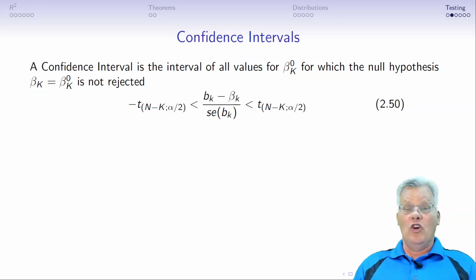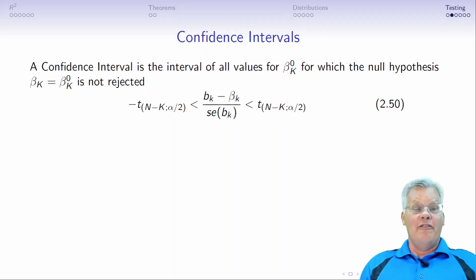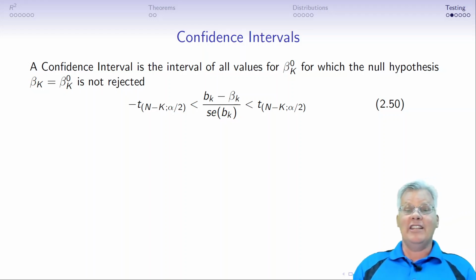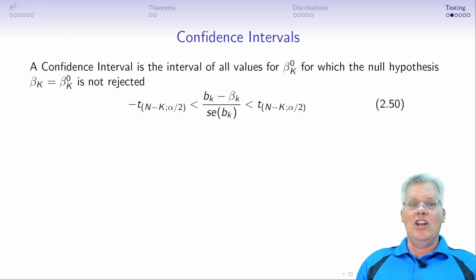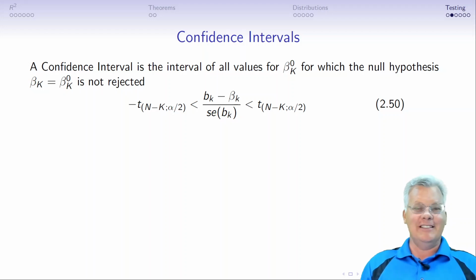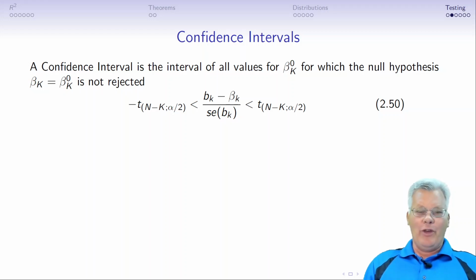A confidence interval is the interval of all values of beta sub 0 k for which the null hypothesis that beta sub k is equal to this hypothesized value is not rejected. Okay? So, let me state that again. A confidence interval is the interval of all values of the null hypothesis for which the null hypothesis is not rejected. So what we could say then is, if we construct this around the